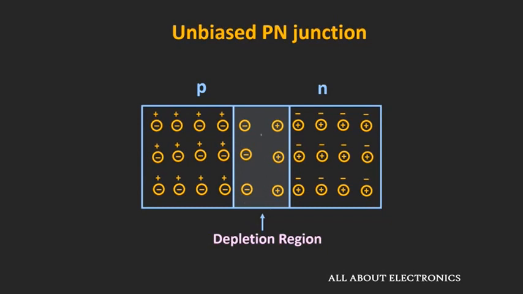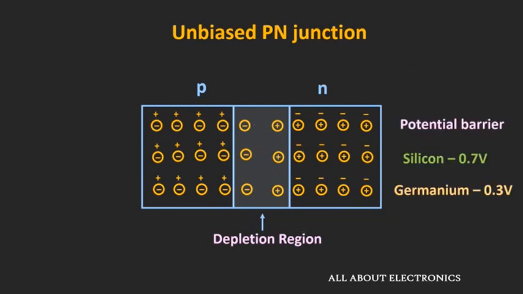Now in this depletion region, these ions set up an electric field. This electric field points from the positively charged ions towards the negatively charged ions. Due to this electric field, only a few electrons from the n side are able to cross this depletion region. The same is true for the holes on the p side. Or we can say that these immobile ions create a barrier potential for the majority carriers, so that they are not able to diffuse from one side to the other. This barrier potential is also known as the built-in potential.